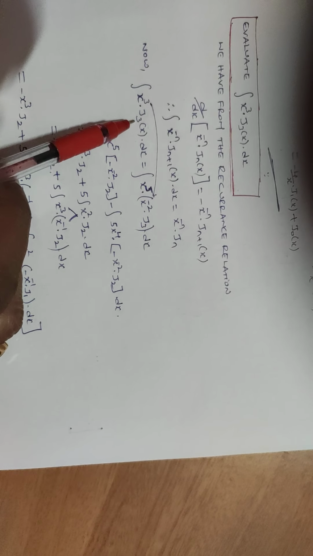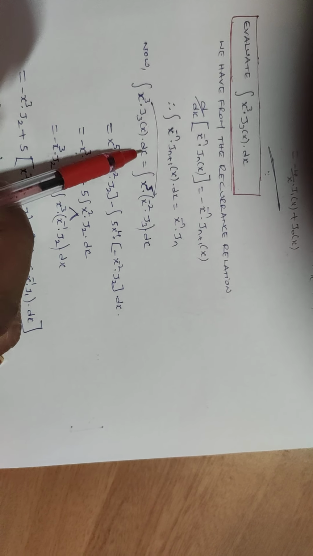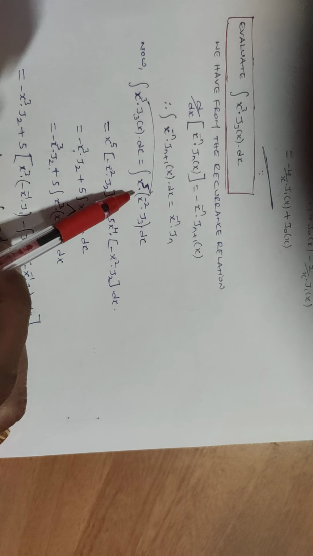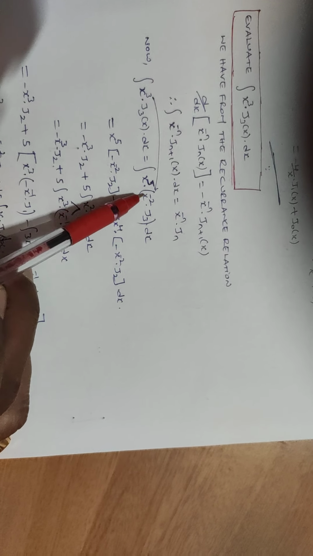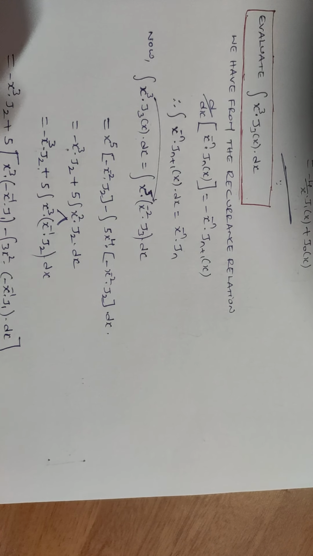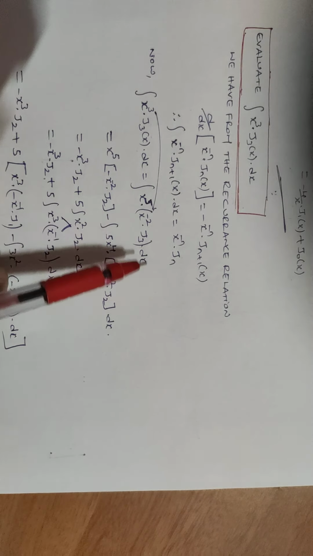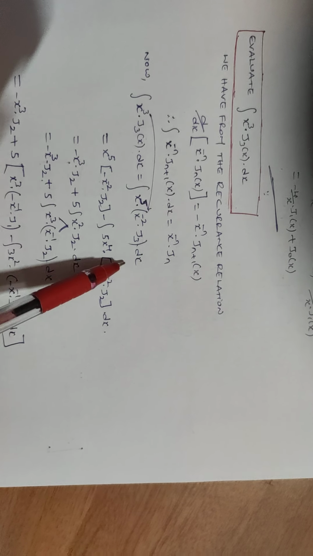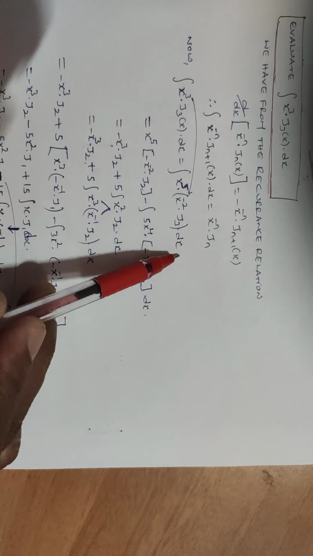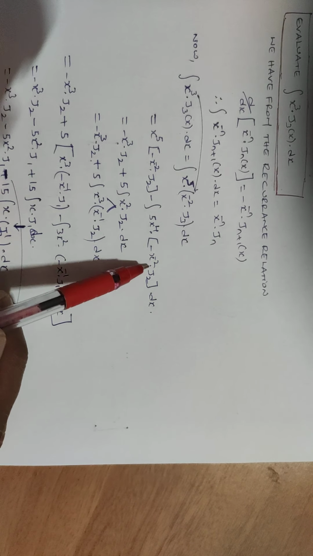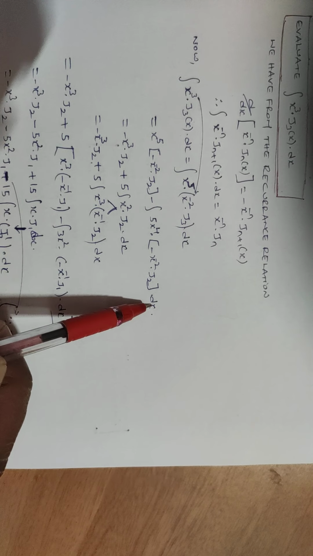Now, the integral of x cube into j3 of x into dx will be the integral of, writing x cube as x to the power 5 into x to the power minus 2 into j3. So, on simplification, we observe 5 minus 2 will be 3 itself, into j3 of x. So, again by considering the product rule, first into the integral of the second minus derivative of the first into the integral of the second into dx.